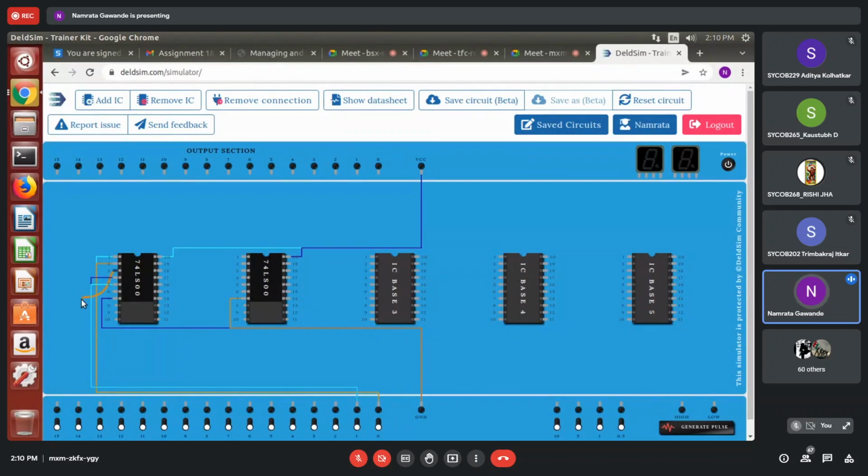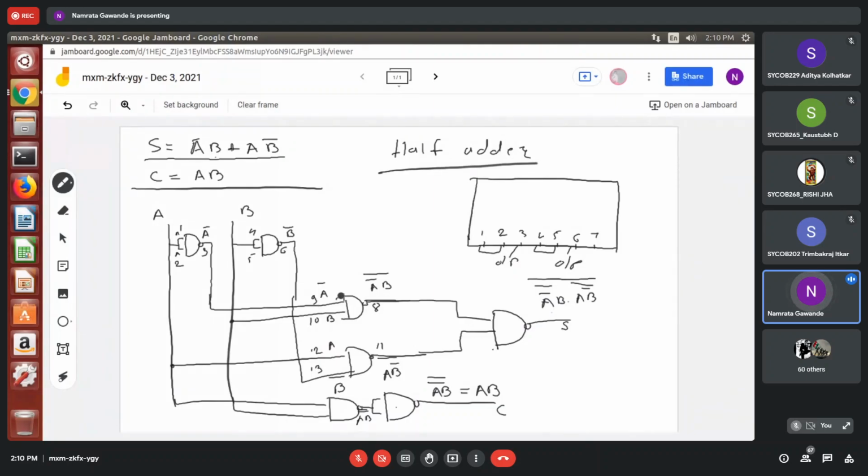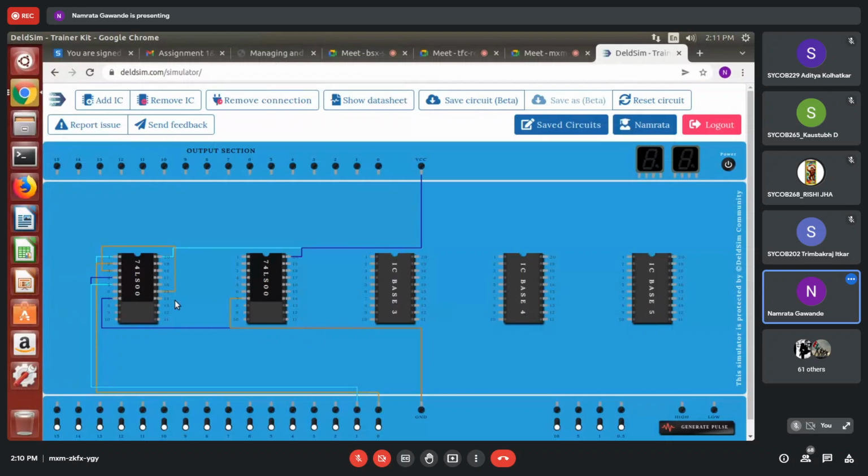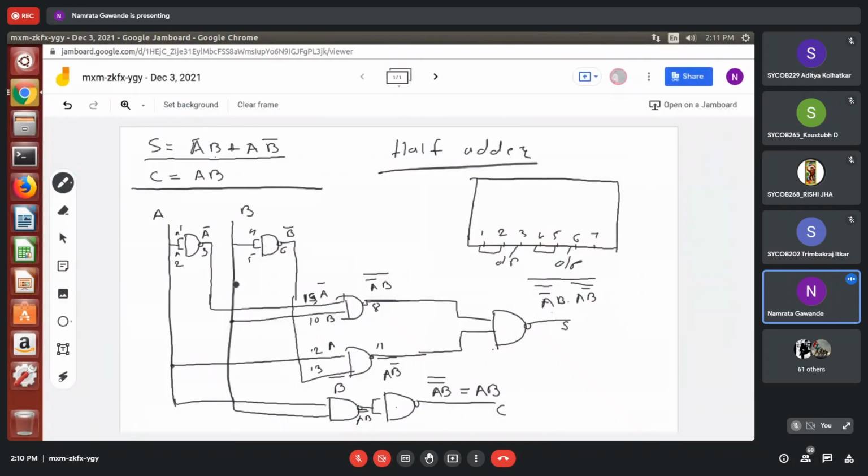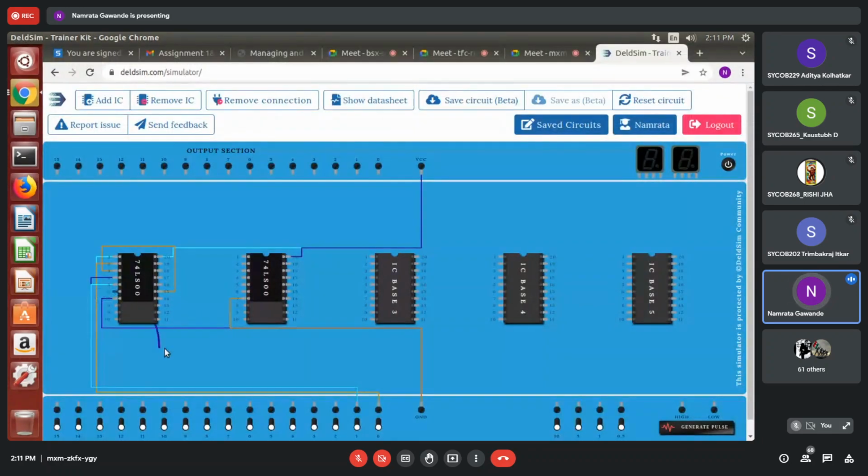13, that is the output of this, we are passing to actually pin number 14 or 15 of this, right? Because after 7, 14 is nothing but 8, and 15 is nothing but 9, right? So in our case, this is pin number 15. And this is pin number 16. And this is pin number 14. So this 6 is actually going to pin number 16.